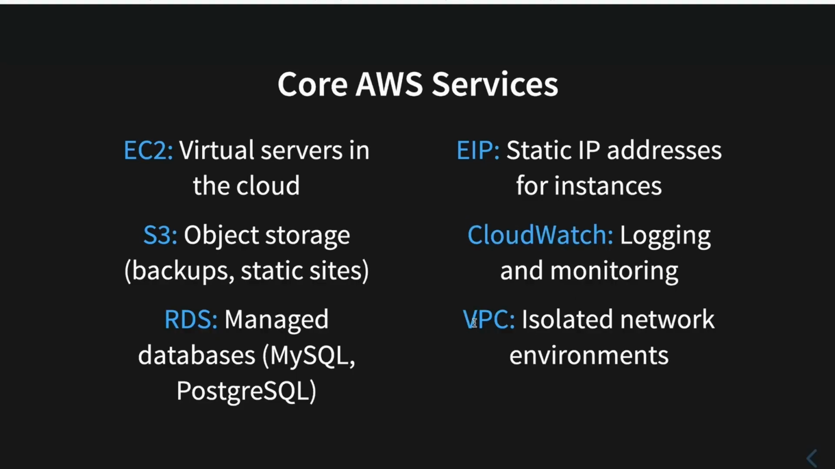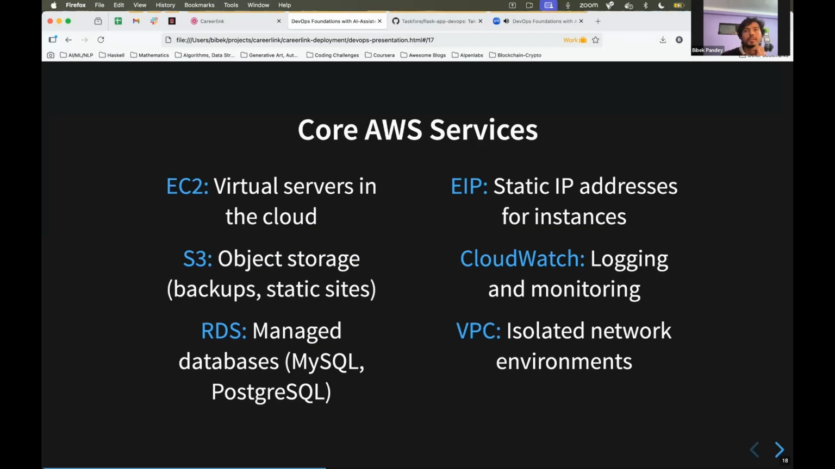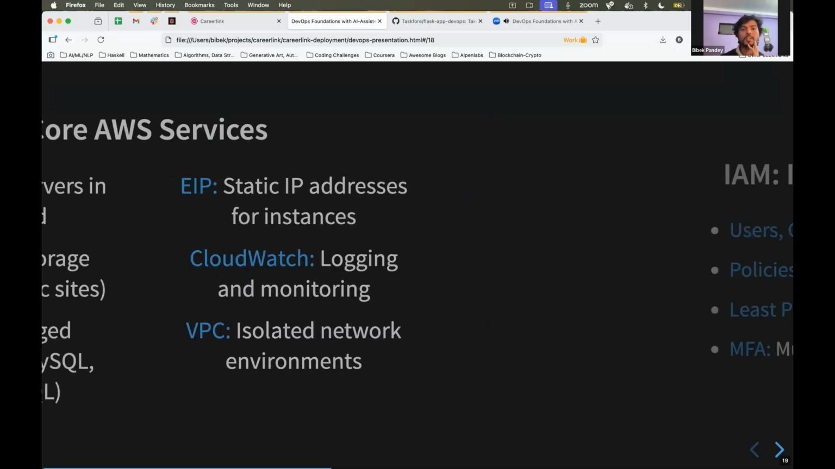Another is VPC, which stands for Virtual Private Cloud. And we use VPCs to have isolated network environments for two systems which do not need to be in the same environment. We discussed the actual services that we use during our application deployment, but there's something more than that in AWS,